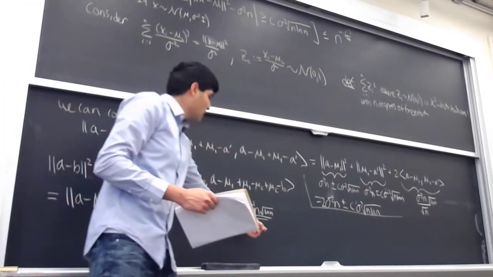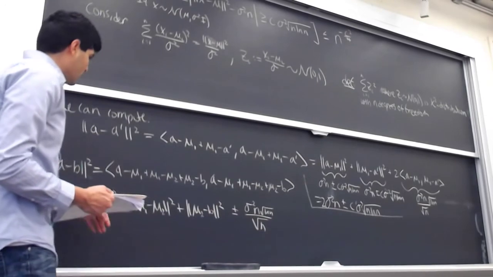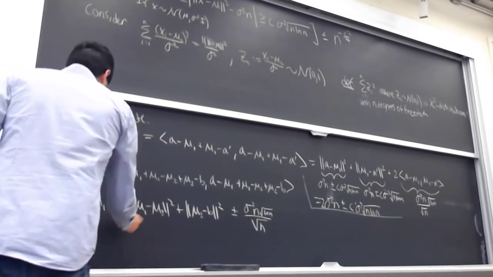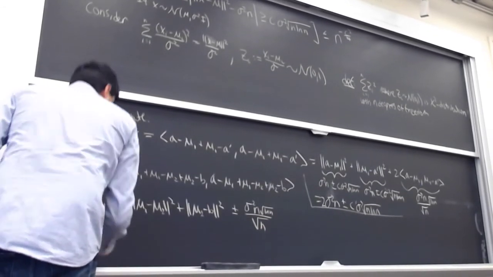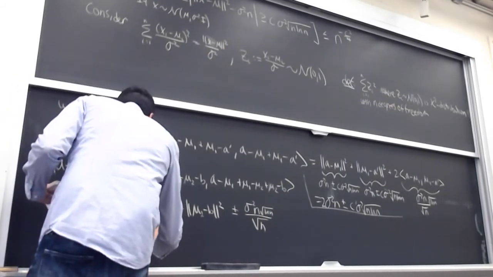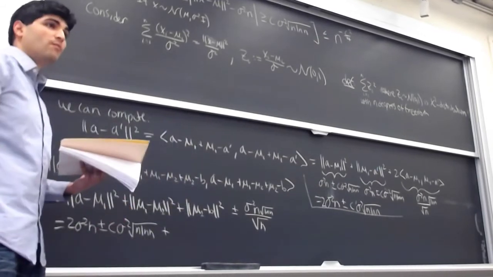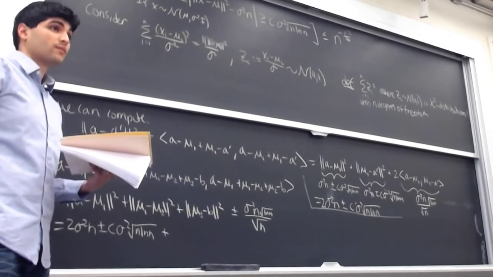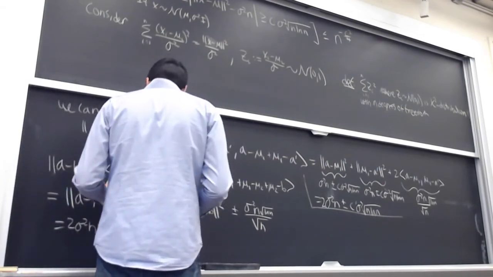That's the main idea, is that we get a much smaller contribution here. And again, lo and behold, what's going to happen here is we again have that this quantity is going to behave like 2 sigma squared n plus or minus c sigma squared root n log n. But now we also get the contribution from mu1 minus mu2 squared, which, if you remember what this theorem is, we put in an n to the 1/4 of sigma and a root log n. So what we're actually going to get at the end of the day from this is we're going to get a